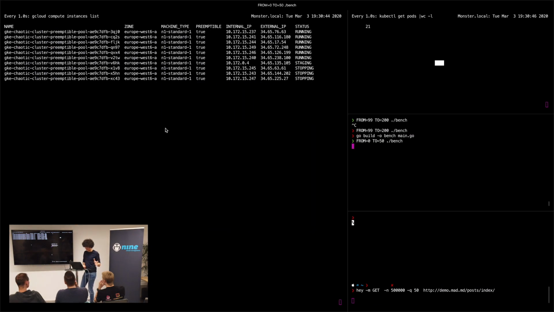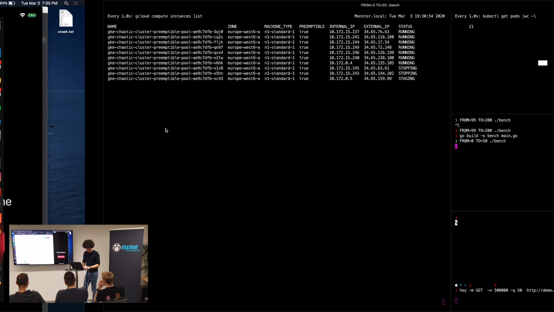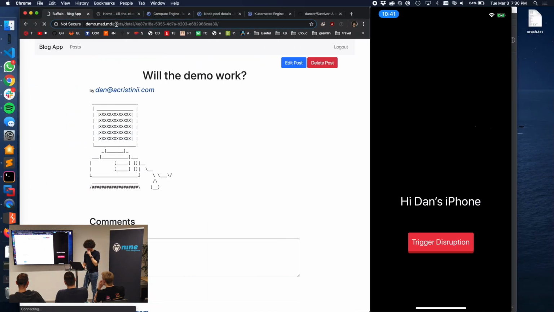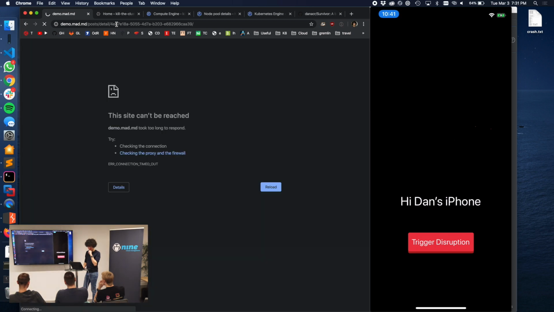VM-wise, we're only 4 VMs down. And we're starting to stage, oh, also, we're running containerd and not Docker because it's faster to provision VMs like that. There might be a way I'm actually rate limiting myself. Can somebody access demo.mad.md? Just to make sure it's not me who is getting into the issues. Yeah, it works. I think it's because I'm running all of this on the same.